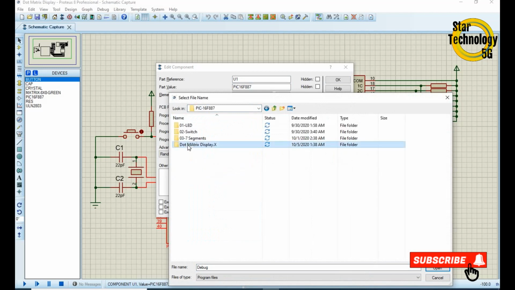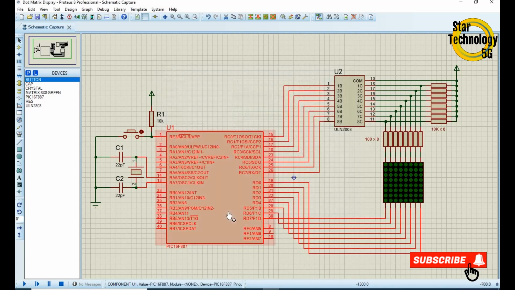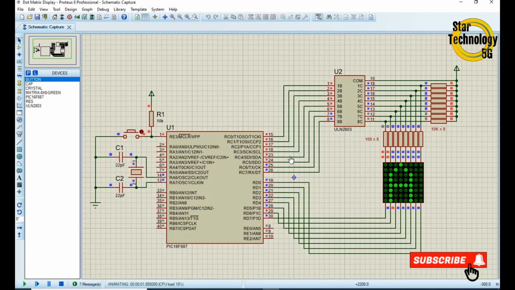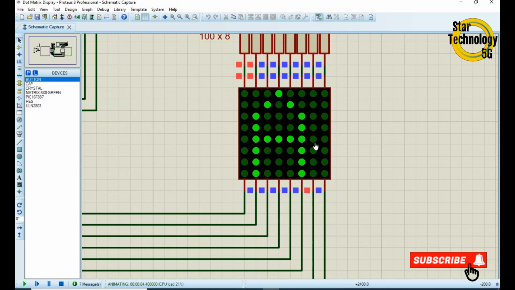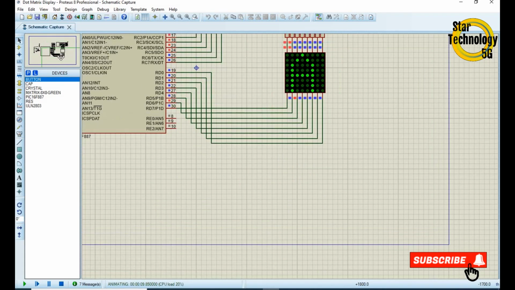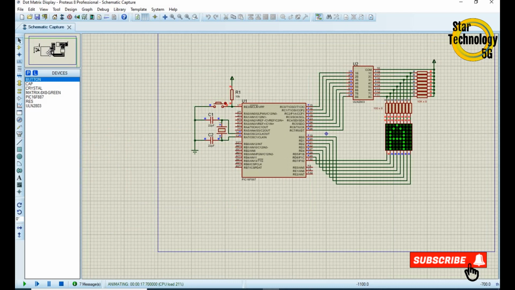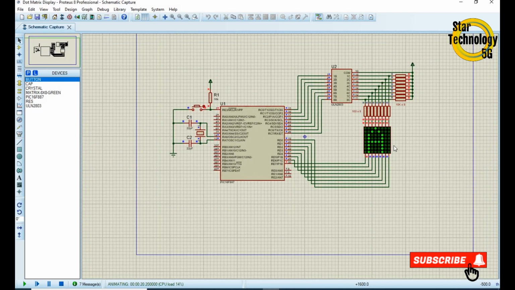Desktop, PIC16F, dot matrix, how to interface dot matrix display, open, OK, and click on run simulation. If you reset, it will display again and again.